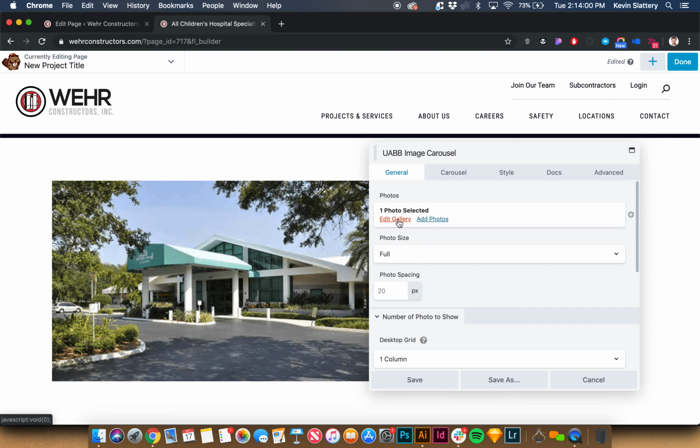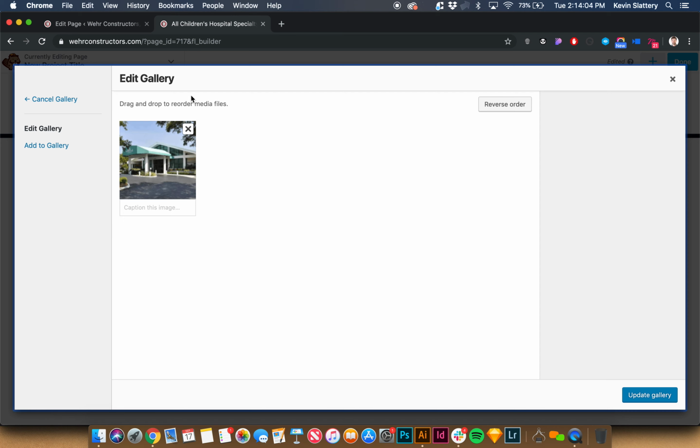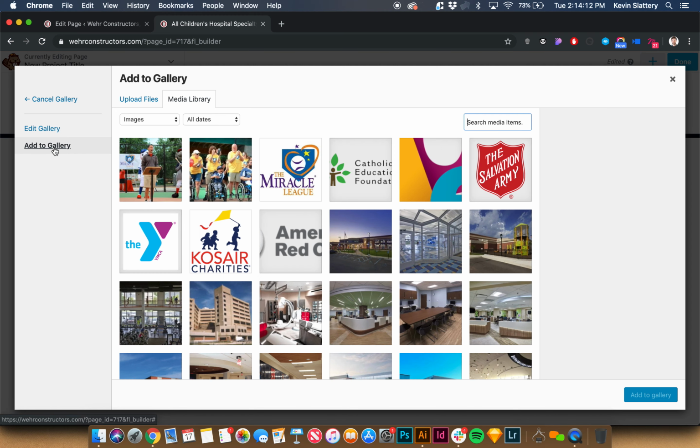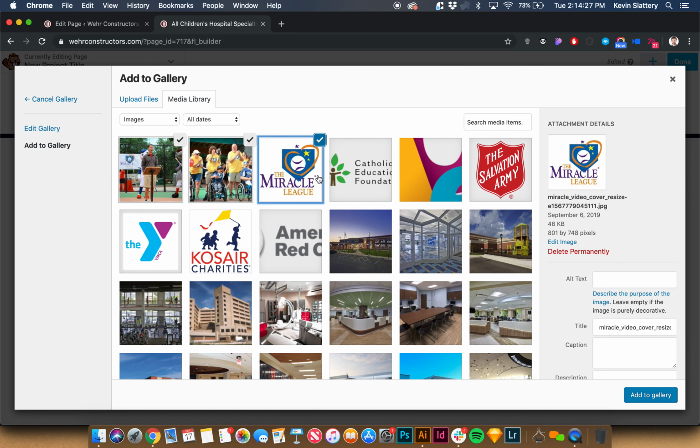This is actually the carousel. So this one only has one image, but let's say it has 4, you're going to actually have to delete each one, and then you're going to go to add gallery once it's empty. And then, as I stated in the other video, I prefer to add the images in advance, and they'll all show up here. So then you would just add your new images. Let's say it was these 3, and you just click add to gallery,